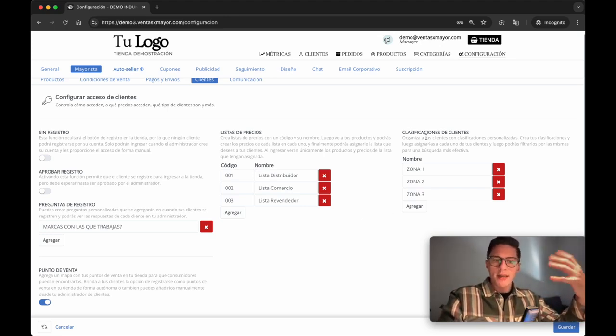Customer classification allows us to further understand the client. I can classify them and then filter by any questions. In this case, it's by region. It can also be by client type, whatever you want. And then obviously on the client side, they can filter it easily. And